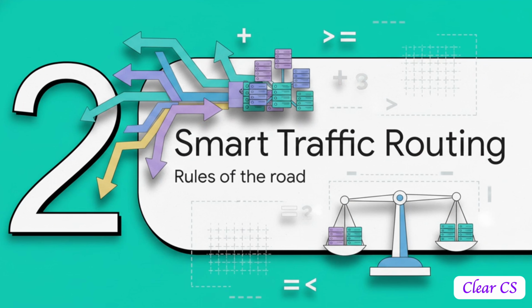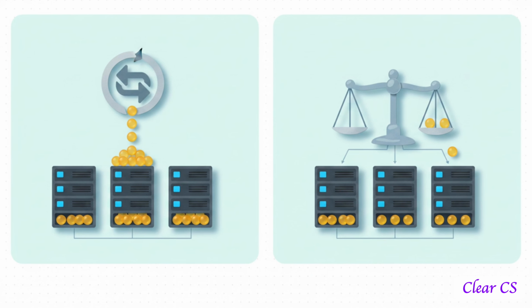Moving right along to Section 2, Smart Traffic Routing Algorithms. So, how do these balancers actually decide who goes where? It's really an architectural choice between the simplicity of a static system and the efficiency of a dynamic one. A static, round-robin approach just deals traffic sequentially: server A, then server B, then server C. It's incredibly easy to set up, but it's completely blind to how busy those individual servers actually are. Conversely, least connections is a dynamic approach. It actively monitors the network and routes the very next incoming request to the server with the fewest active connections. This is way superior if you're managing uneven workloads where some requests just naturally take a lot longer to process